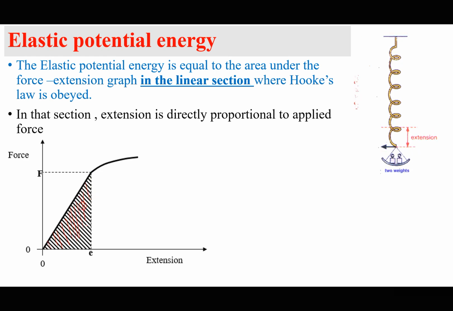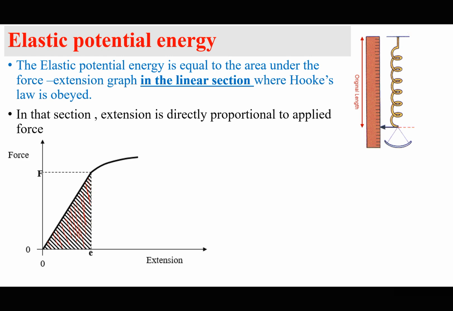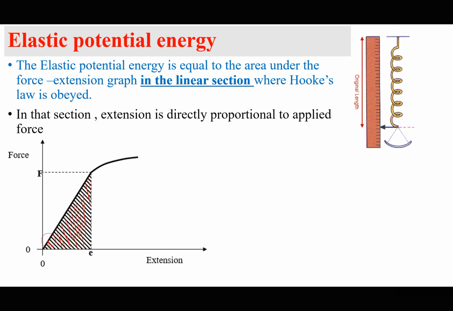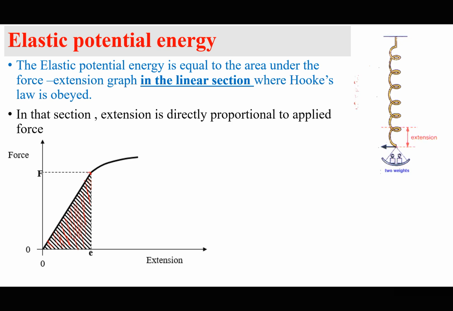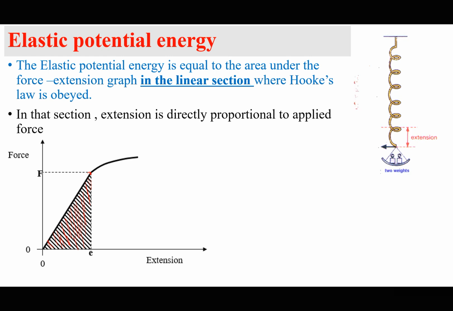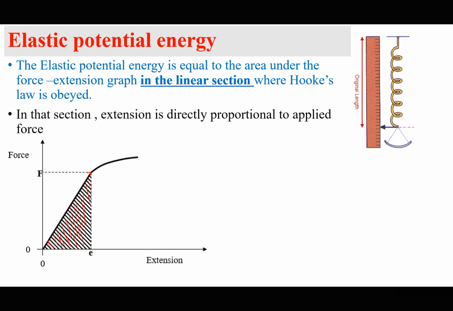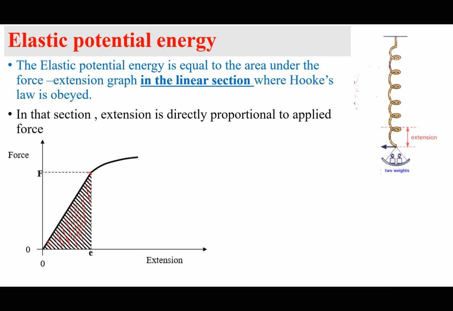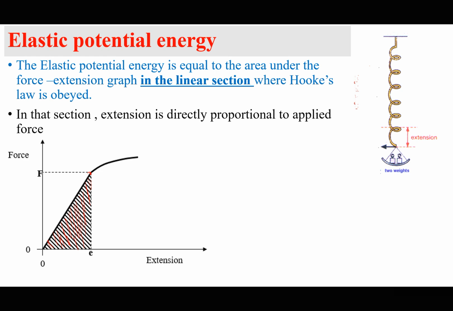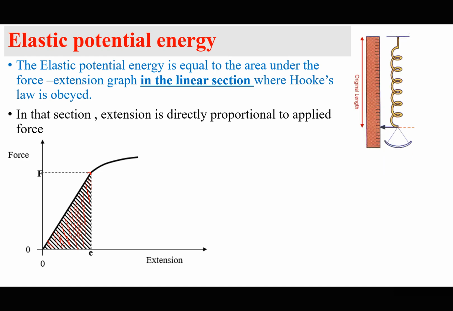The work done in stretching or deforming the material is equal to the area under this force extension graph up to the proportionality limit. And by the way, it is always the area with the extension axis. If it is a graph of extension against force, it will be the area with the vertical axis. Now that is a graph of force against extension, so it is the area with the horizontal axis up to the point where